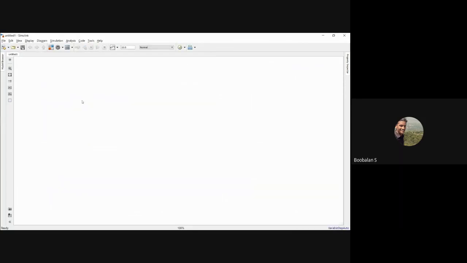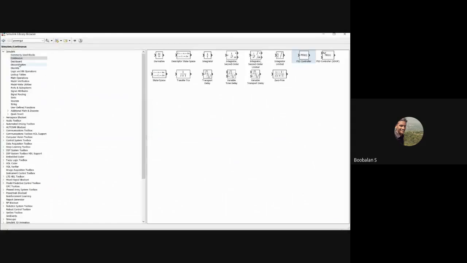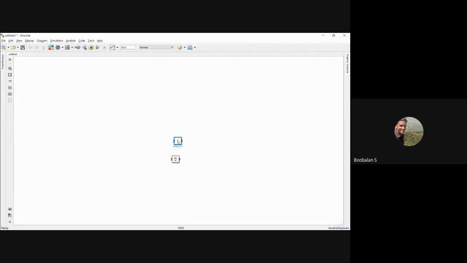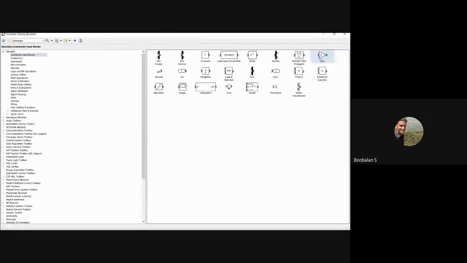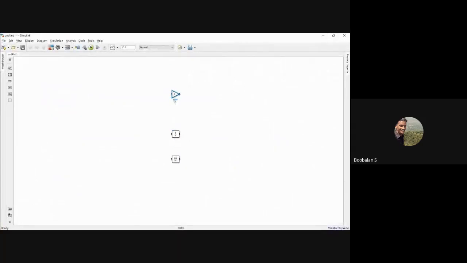So how can you design a PID controller? You could have three things. I'm going to introduce one small thing, the Simulink library. We'll go with the integrator, add to model, and then the derivative. So derivative, integrator, and gain, and we'll have gain values. This will give you P. This will give you the integrator. This will give you the derivative. I'll show you that everything is the same.